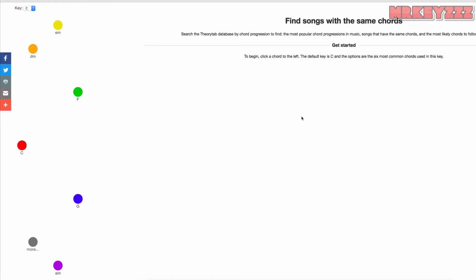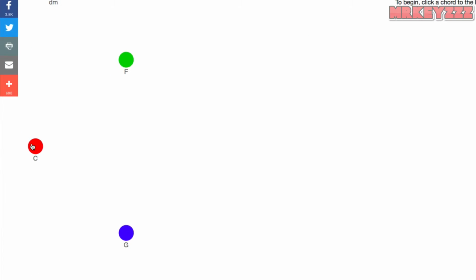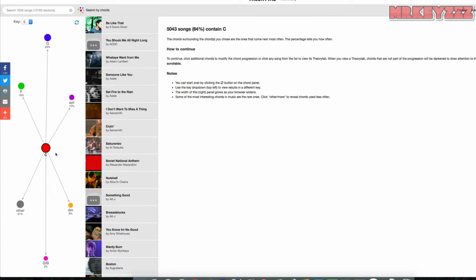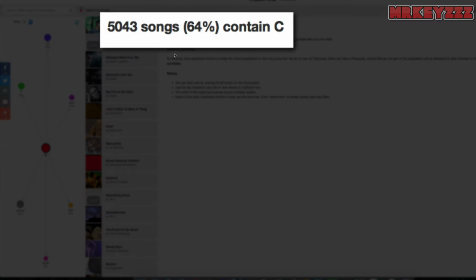So let's take a look at our first one. Let's use one of our starting chords that we've spoken about. Let's start with C major. As soon as I click this, it's going to show me the most probable chords to go to from C major. Now it says up here that they've gone through about 8,000 songs, and out of the 8,000 songs, 64%